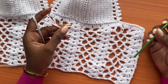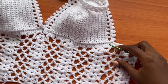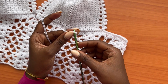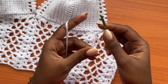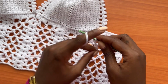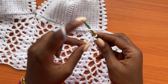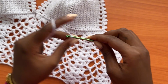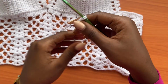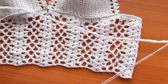So these ones are going to be normal straps. They're not going to be as dramatic as the upper straps. So if you want those ones, you can go ahead and do the same approach. But for me, I'll be making a normal chain. So start with a slip knot and make a chain of 150 chains. Alright, so I ended up with 120 chains instead of 150, but you can go that long if you want